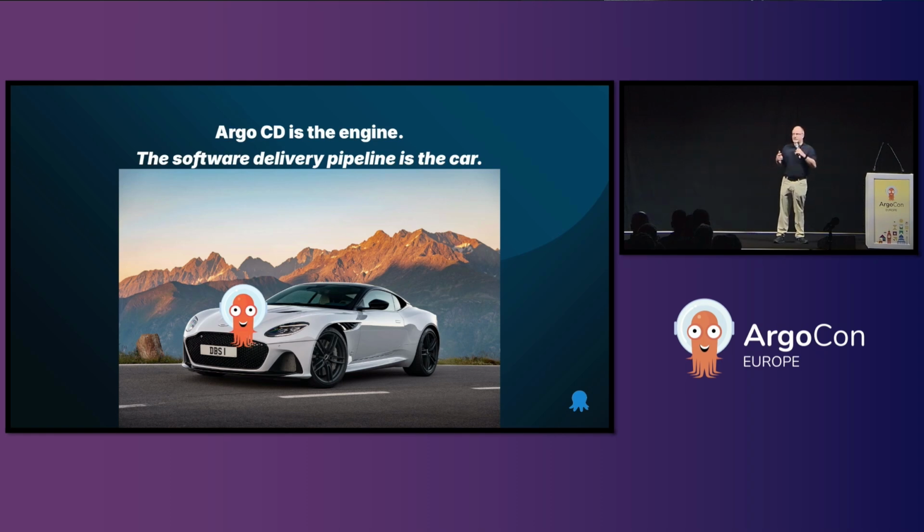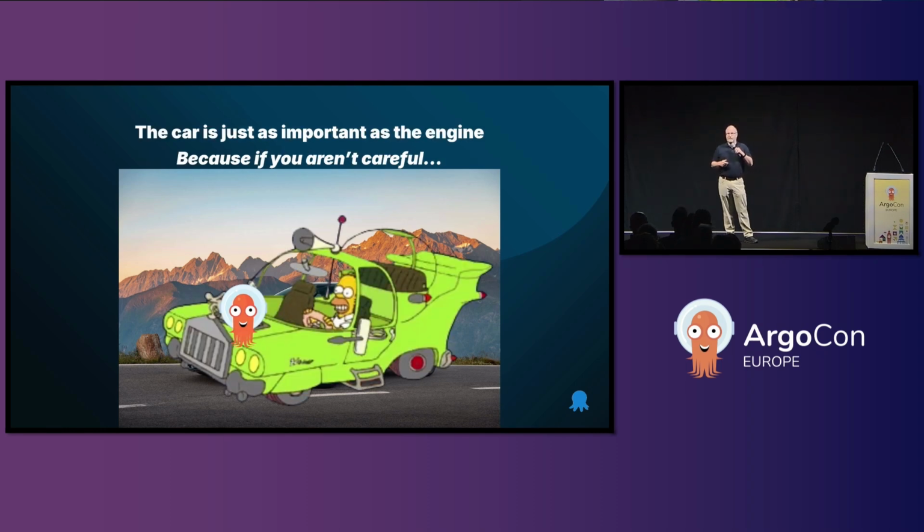But all too often, after you start implementing Argo CD, I think... my first time implementing Argo CD, I was up and running in like 10 minutes. I was like, this is great. But that was my very first application, just a very simple proof of concept. Slowly but surely, I ended up building the Homer Simpson mobile instead of a really fancy sports car. And I think everyone probably ends up unintentionally building the Homer Simpson mobile. I think the only person who really wanted to build this was Homer Simpson. So you really need to think about what your software delivery pipeline should be.